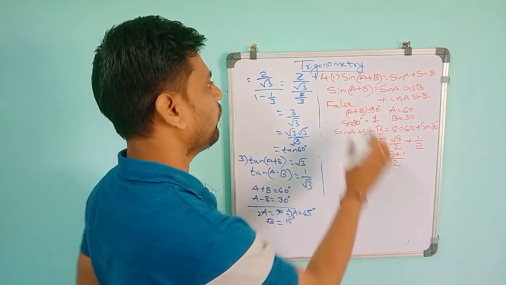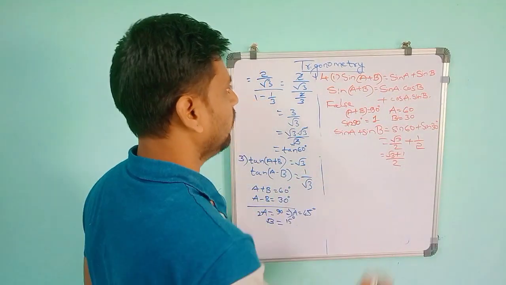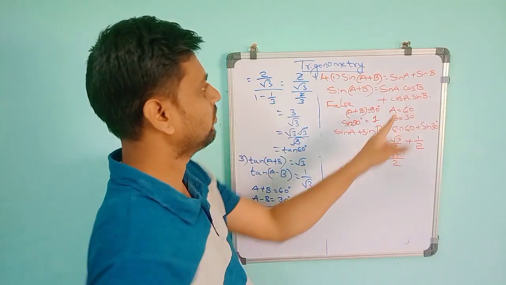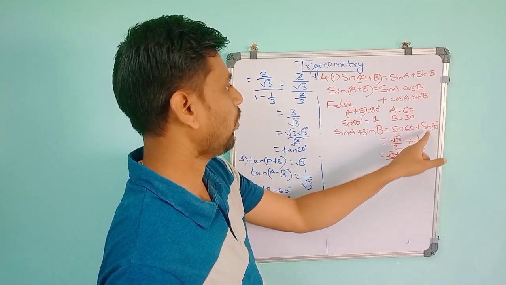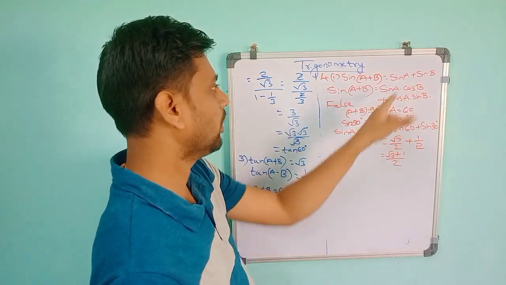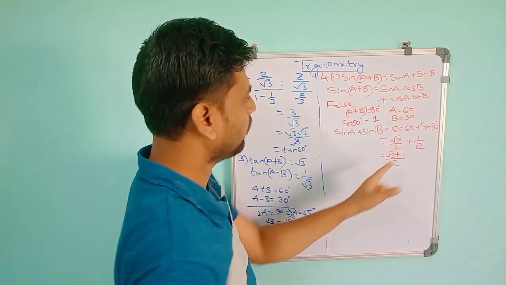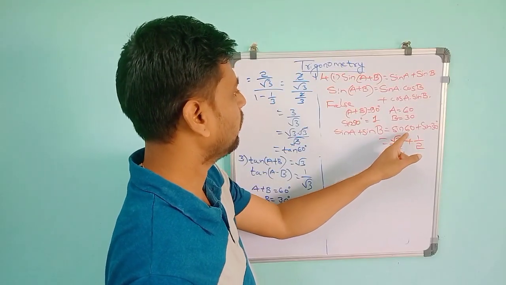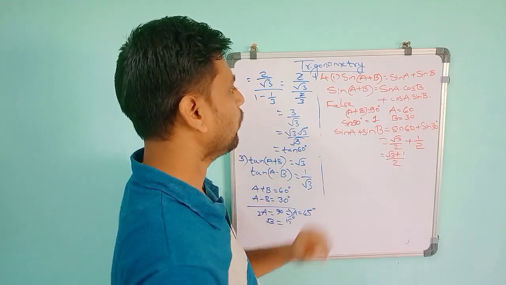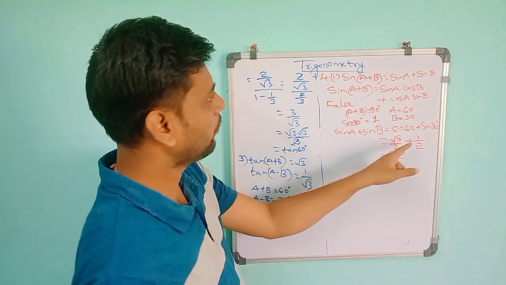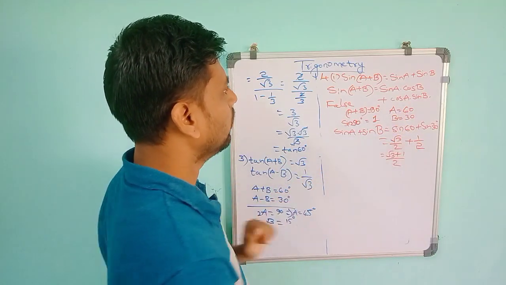The correct formula for that is sin A into cos B plus cos A into sin B. If you want, you can check the values. Put sin 60, so it will be root 3 by 2 into cos 30. Cos 30 is root 3 by 2, so it will become 3 by 4. Plus cos A, which is cos 60, which is 1 by 2, into sin B, which is root 3 by 2, so it will become root 3 by 4. Like that, 3 by 4 and 1 by 4 will become